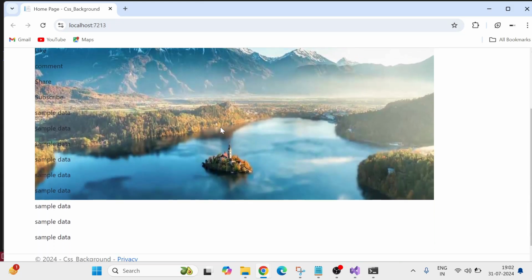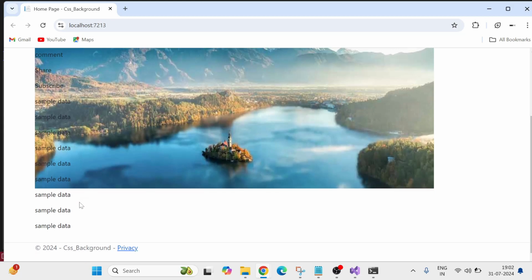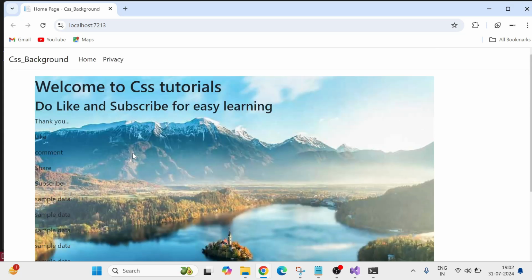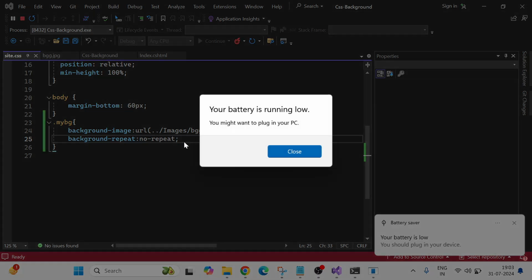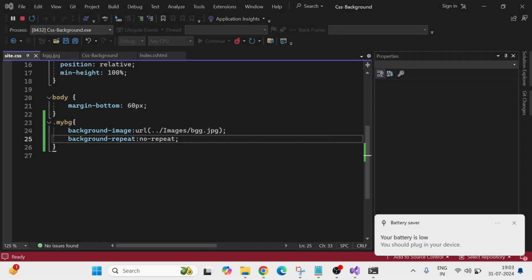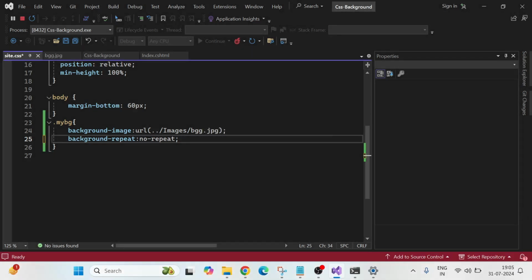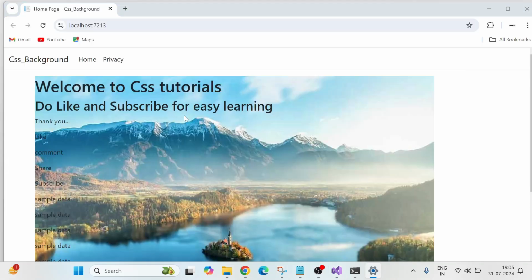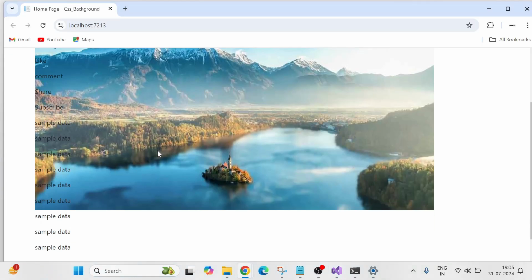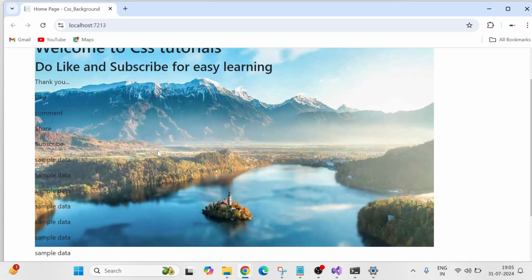Repeat is gone, but I'm having some gap now. Actually this background is not covering this little bit of portion, so we need to adjust that also, no problem. So we added no-repeat. Save the changes and see the page. So here this is the page, so the image is not repeated,